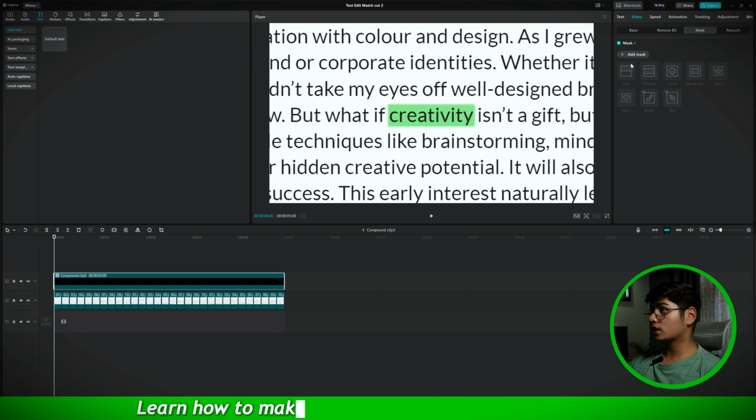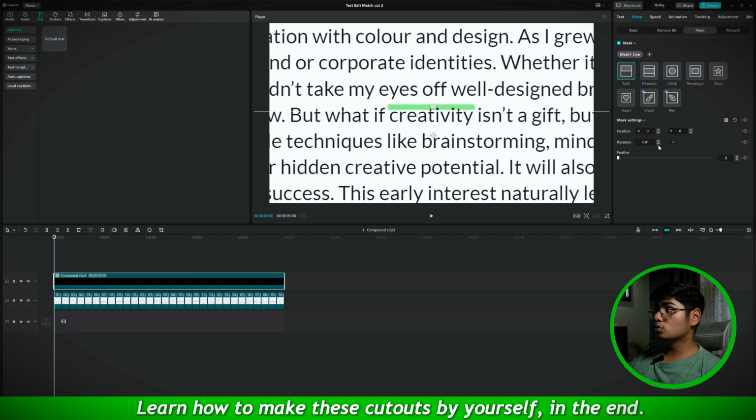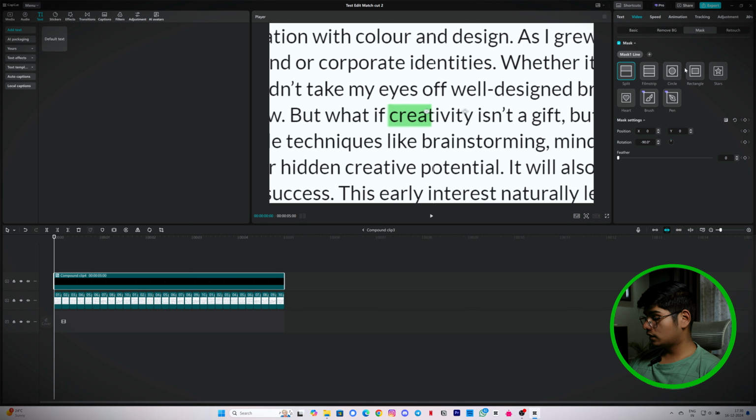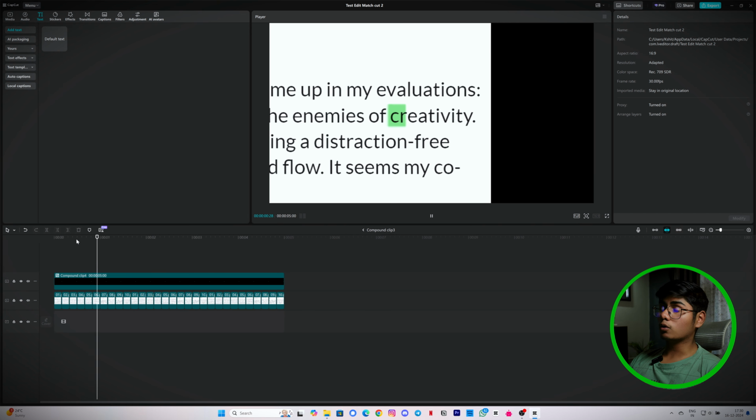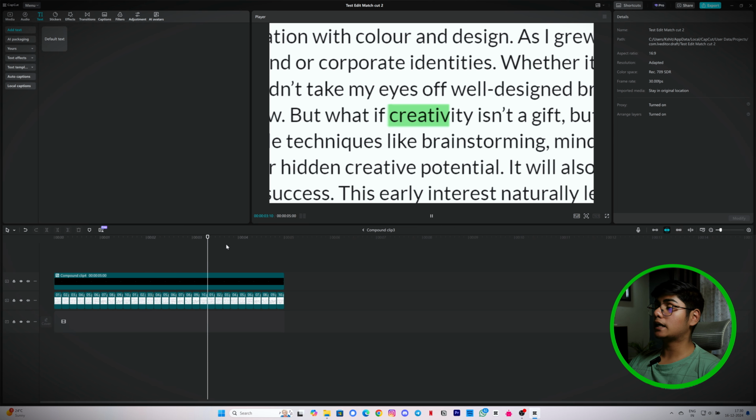I'm gonna animate this highlight by using masking properties. Select the video and go to mask. Click on add mask. Then choose the split mask. Rotate it to -90 and then go to the very left of the image like this. Apply a keyframe here. Then move your playhead to the very end of this clip and then move the split mask to the right of the word. Now you'll have an animation which highlights your word.